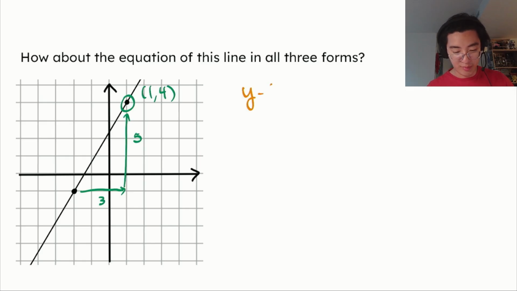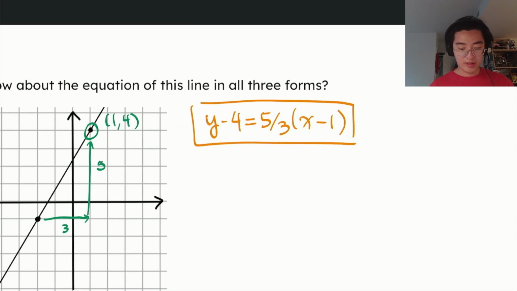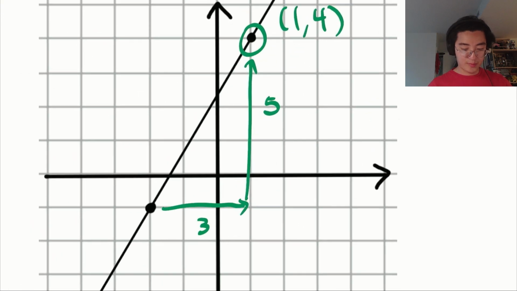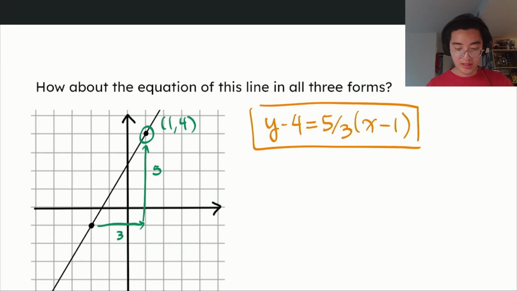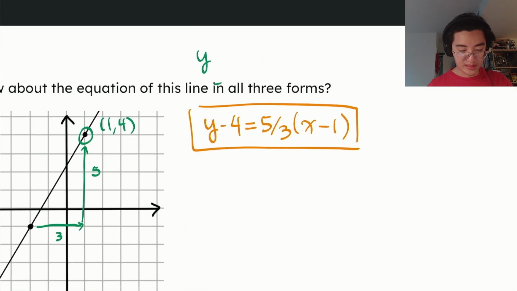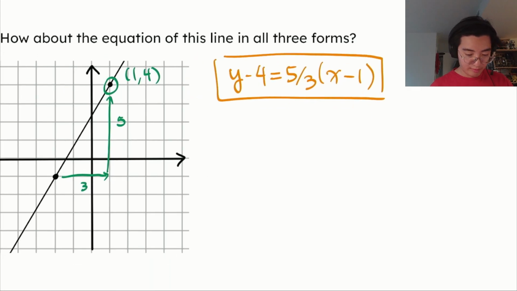So y minus a point equals the slope, which is now 3 over 5, no, 5 over 3, and then x minus the point, which is 1. Of course, this works as well. Doesn't matter which point you pick. This point is what? Negative 2, negative 1. Actually, I'll just put it here. We know this point here is negative 2, negative 1. So we can also just put our point here,